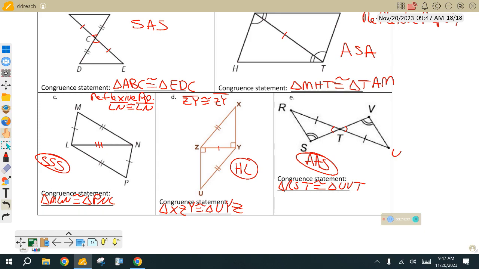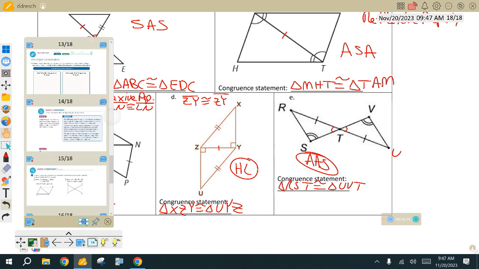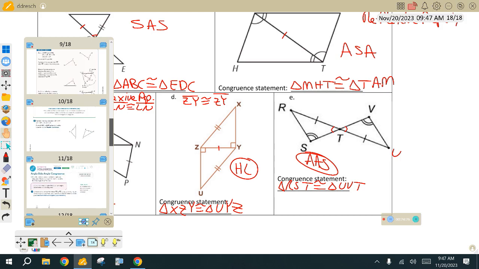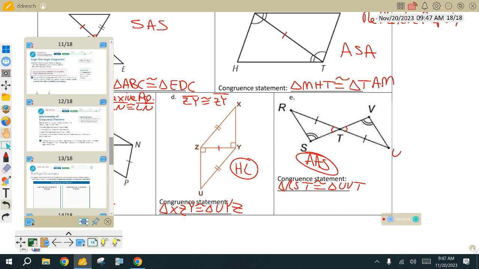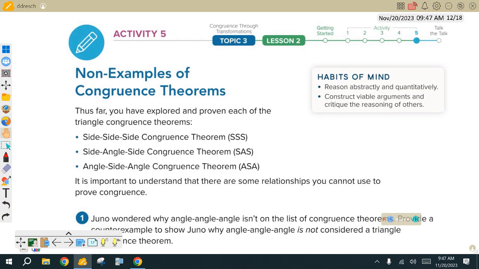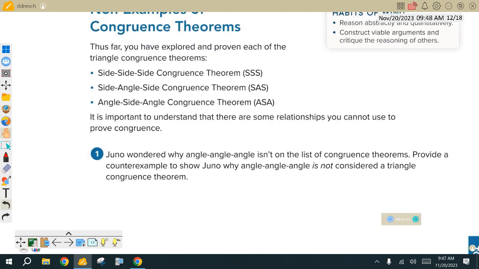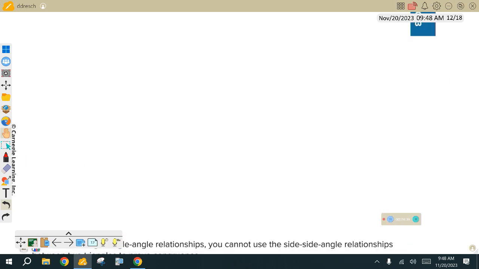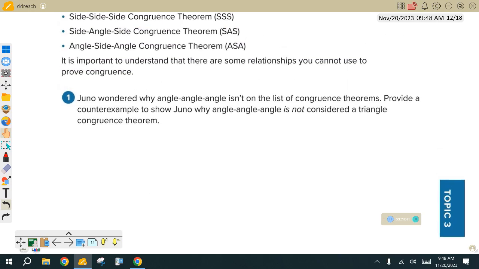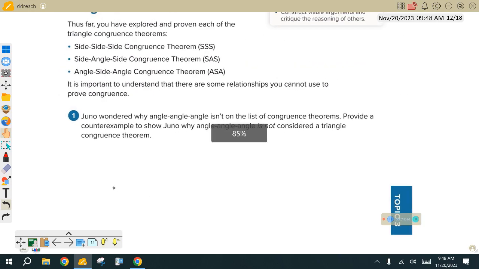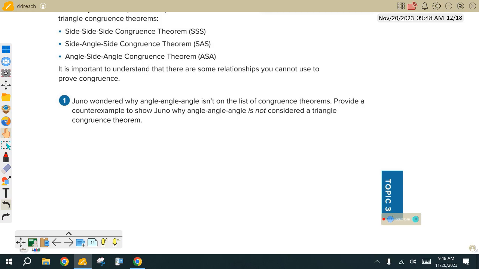Okay, let's go back to your notes real quick. I want to talk about one last thing now. After we got through all of that, go to page right here. So we have 5. And what page is this? 181. The last one I want to talk about is right here. I always have some students also want to throw this one out here. Is the one that's angle,